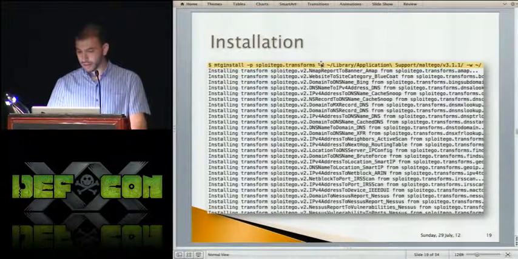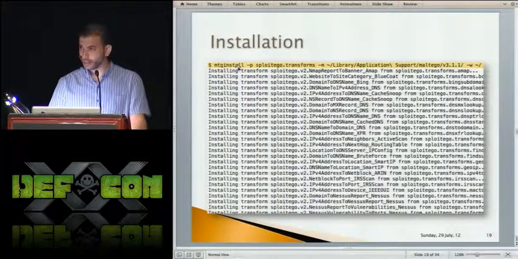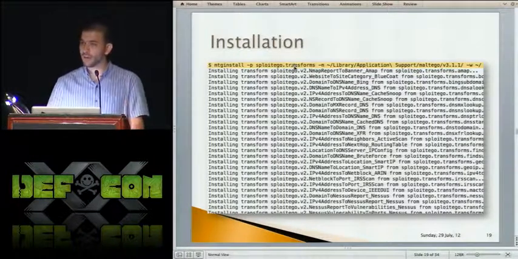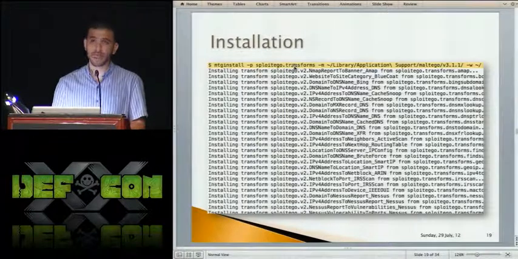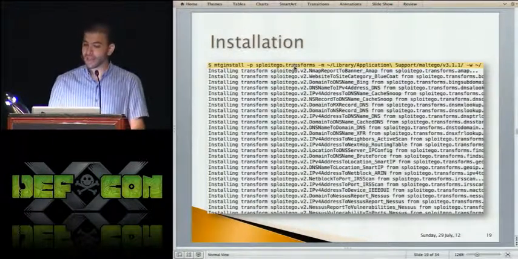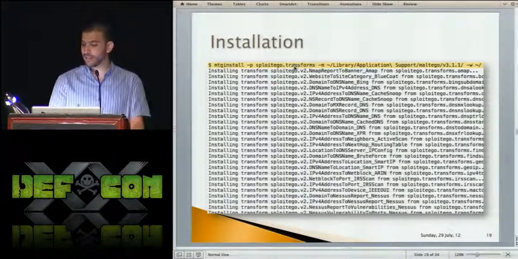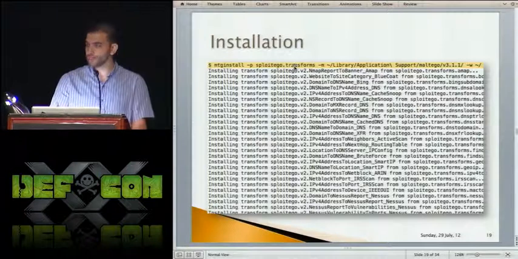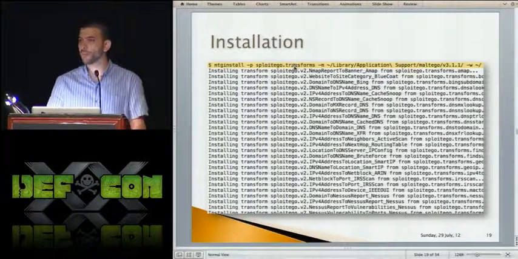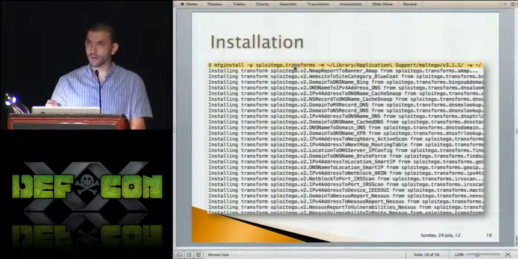So here you can see the command mtg install -p is your package name that you're going to be installing. So in Sploitego, you're actually installing Python packages. And within those Python packages, you actually have modules which have transforms. And then the prefix here, the -m, is actually the config directory. This is where Maltego keeps all of its state. So if you have multiple installs of Maltego, then this is where you pick the version. And then the -w is the working directory. That's where the actual transform is working if it needs something on the file system.